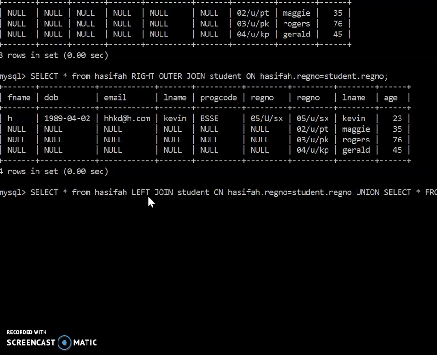Let me use, okay, let's select from Hasifah left join student on Hasifah dot, on that union select all from Hasifah right student on